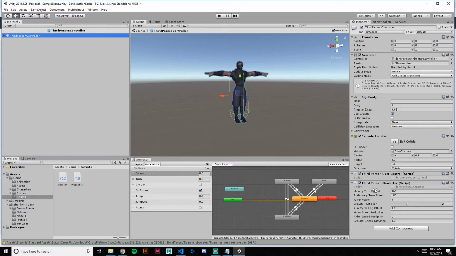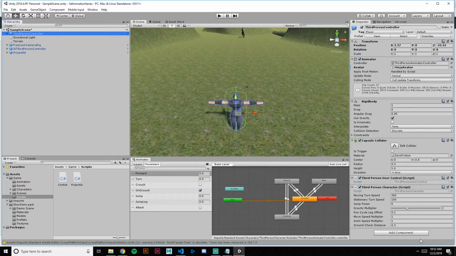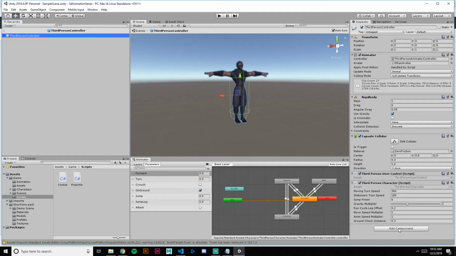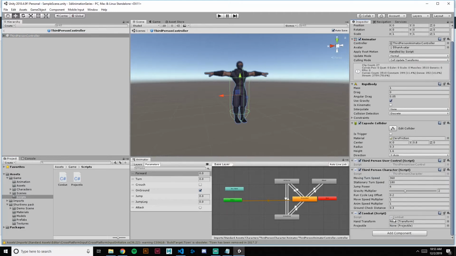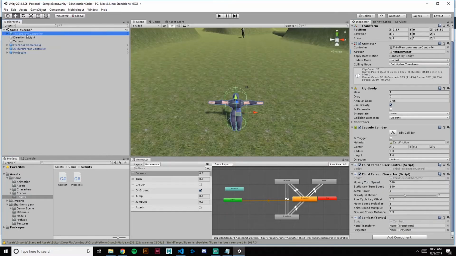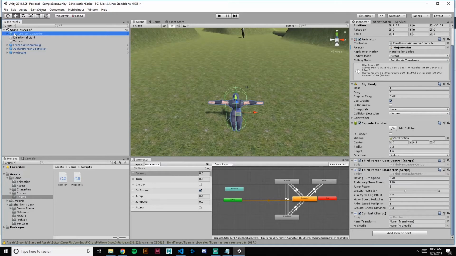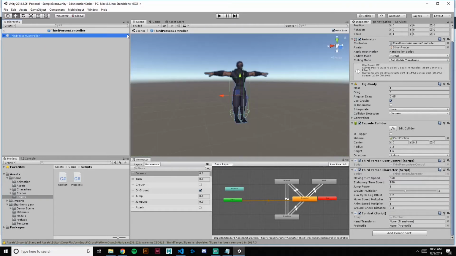Scroll down, and I did something that I told us not to do, which was I didn't attach this combat script to the prefab. I only attached it outside. So let's do that real quick. Drag combat over, make sure that's attached to the prefab so that it's attached everywhere else. Go back inside the prefab,